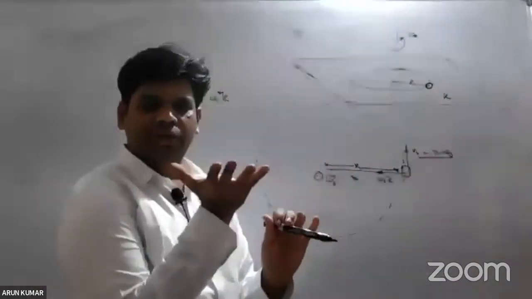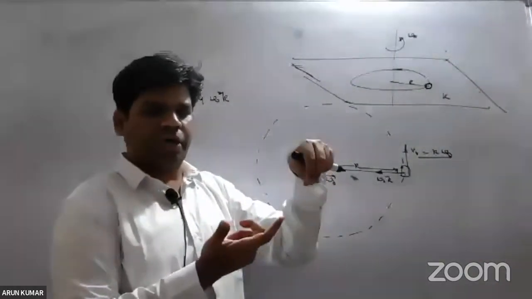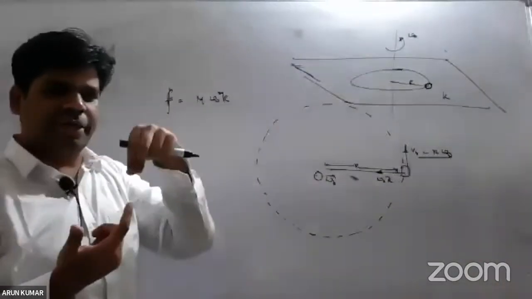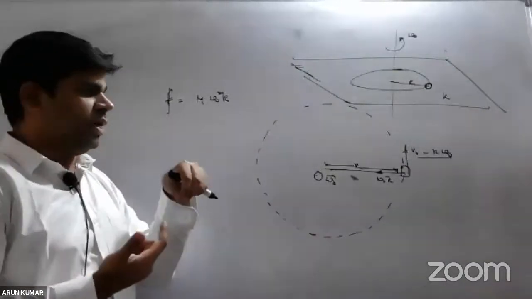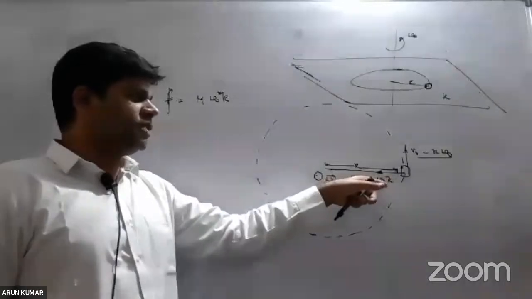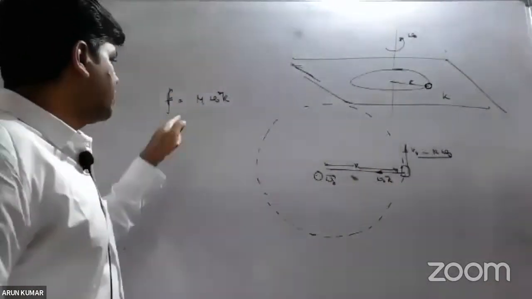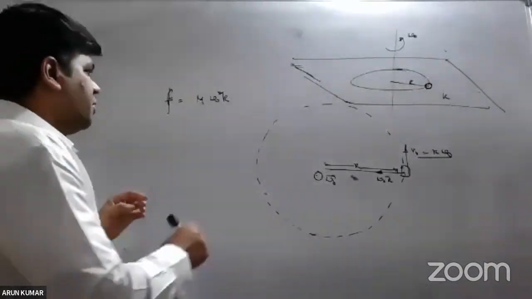The surface rotates, on which there is a block kept. So with that, the block is also rotating. And the block is taking a turn because of friction. So friction is responsible for the turn, the centripetal acceleration. So friction is the centripetal force there. And that friction is m omega square r now, which is equal to,